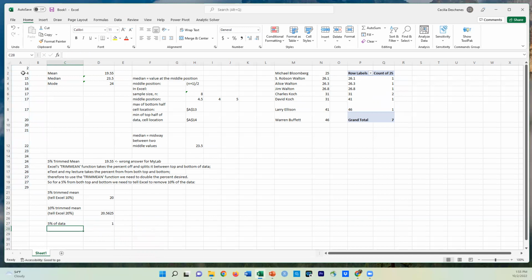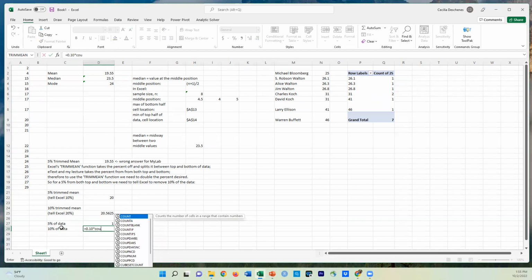Since we thought that 4 looked like an outlier, 5% of the data does not look like it's sufficient enough of a trim to remove what look like outliers. So let's try for 10%. Let's see how much of the data is removed there. Again, I'm going to use that same formula. I can copy it, but I'd have to make those absolute references, or I can just retype it as probably the fastest. Changing that to 10%,